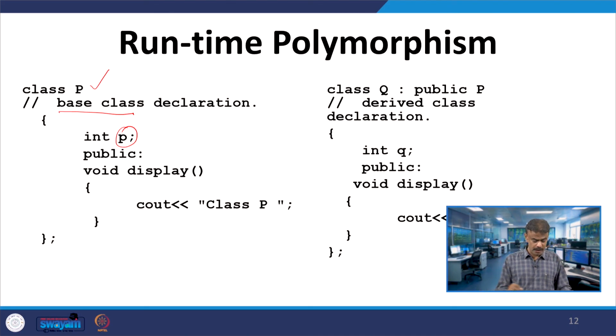I will call it a member data or data member, whichever way you write. And you have one member function called display.